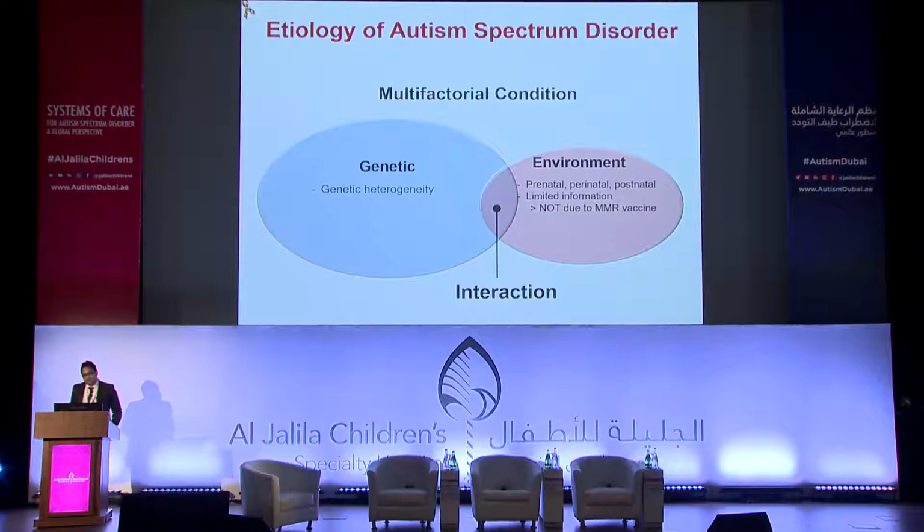And we know it's a multifactorial condition, and genetics is a big part of it, so are environmental influences. And along with Dr. Bennett, I also agree there is no evidence whatsoever that the MMR vaccine has anything to do with autism. But the environment and genetics interact with each other. We don't know how and at what level, but you can assess the interaction through statistical inferences. So my talk is all about genetics.